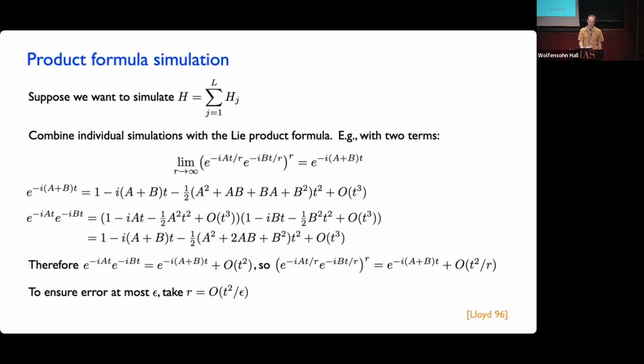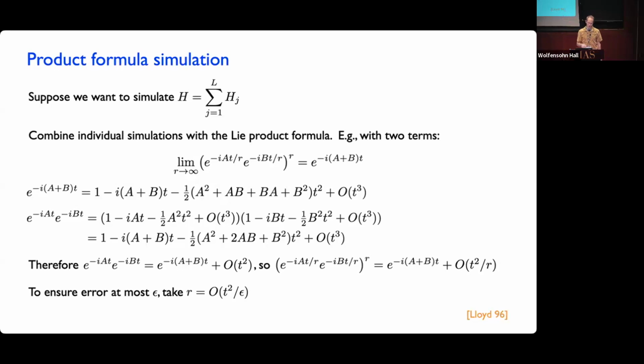Okay, so this already gives us an algorithm for simulating the Hamiltonian dynamics, but it's a little bit unsatisfactory because the scaling is like t squared, and also because it's like 1 over epsilon. And we would like to get the best possible scaling with respect to both t and epsilon. So this idea of trying to make the scaling be as good as possible as a function of both t and epsilon has driven a lot of research in algorithms for this Hamiltonian simulation problem.